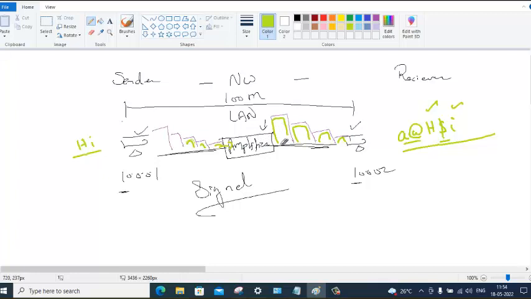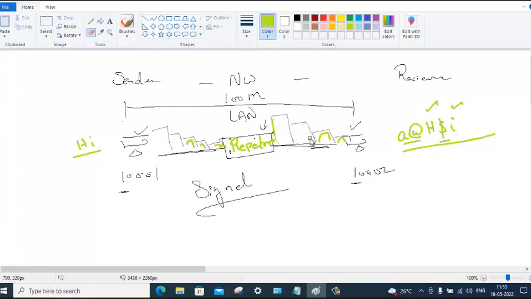To avoid this, see, when we send "hi", we should receive only "hi". We cannot get this garbage value. So to avoid this, they invented a device which can filter the noise, and it is called a repeater. The job of a repeater is only to regenerate the data.